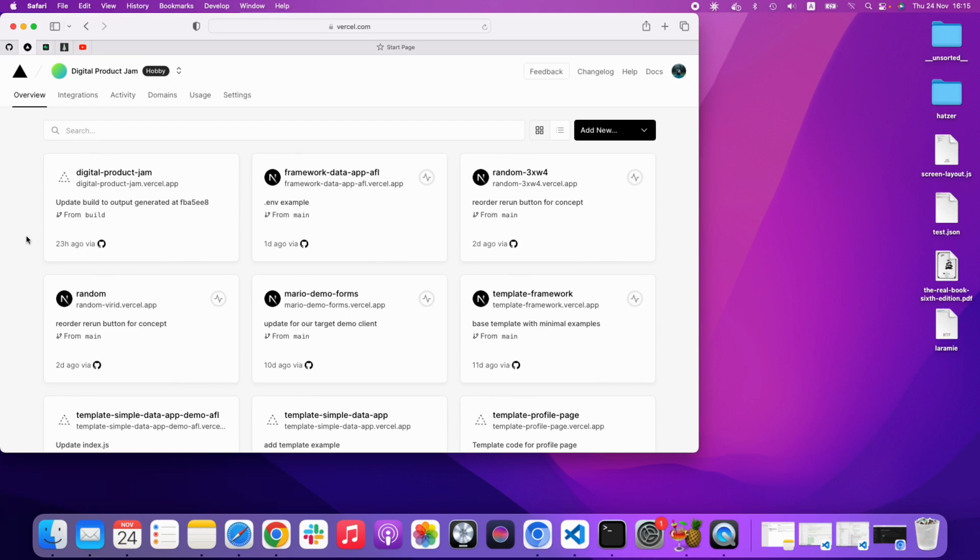But that still leaves the question, when Vercel pulls our code and builds an application, it won't have those values, those environment variables. So like many of these types of hosting platforms, it provides us a way to do that very conveniently. So here I am inside my Vercel